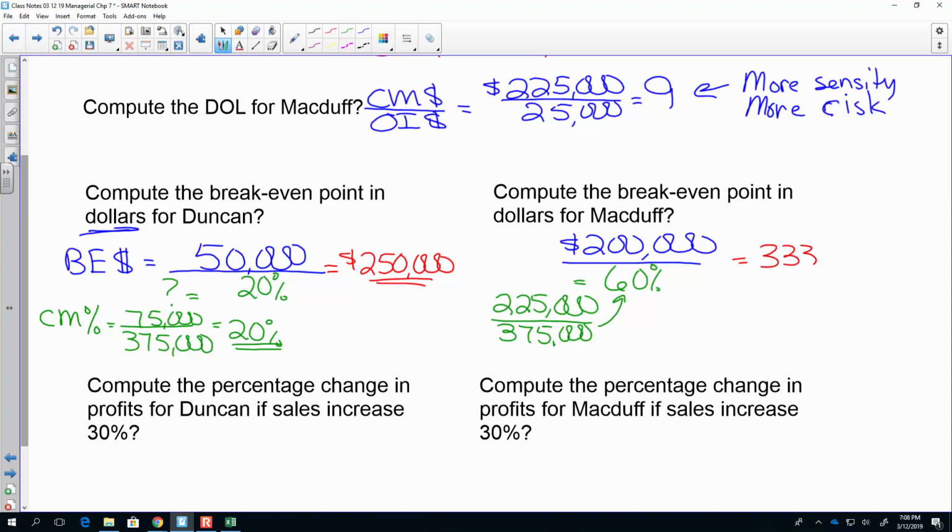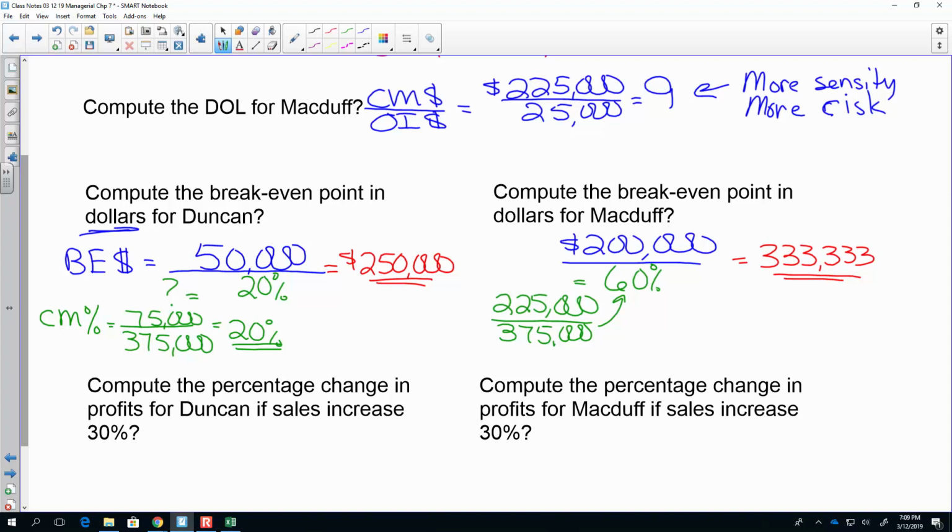$333,333 and 33 cents. Let's just go in a rounded dollar amount. Perfect. Excellent. Okay, looking at the break-evens between the two companies,